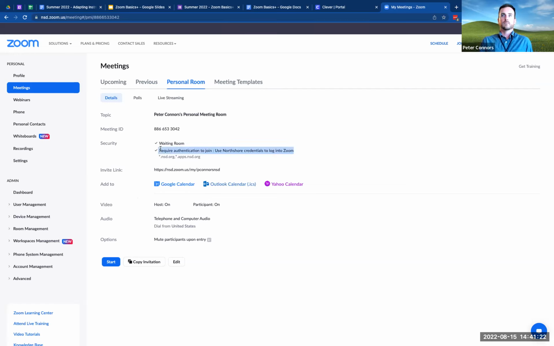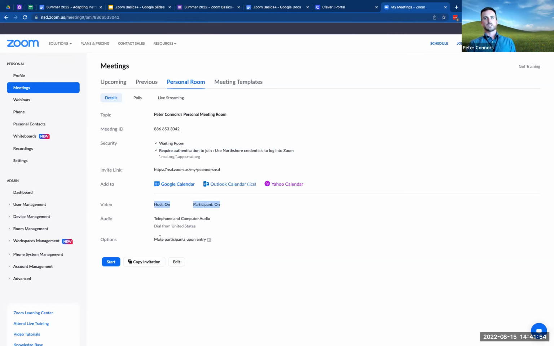And then for the most part, at least for my job, almost everyone I'm going to meet with is a district employee and will have district credentials. If I know I'm meeting with a vendor or something like that, they'll often be the ones setting up our meeting. So I like to have this on. I think that's an important security thing, to make sure that the person you're meeting with has district credentials.